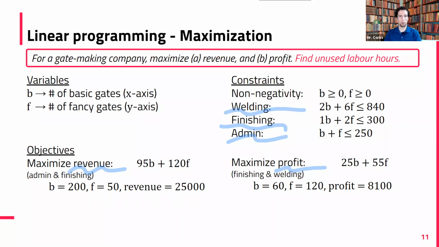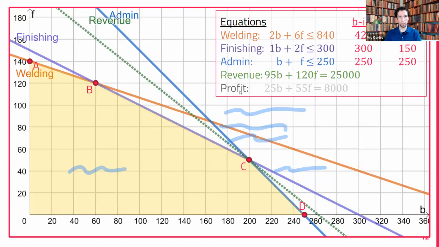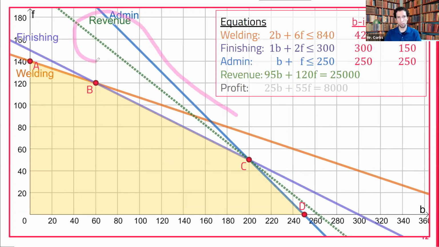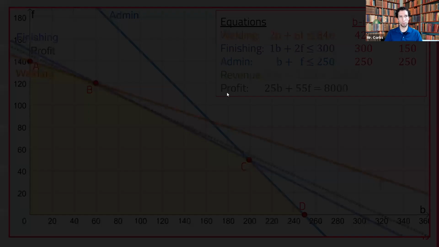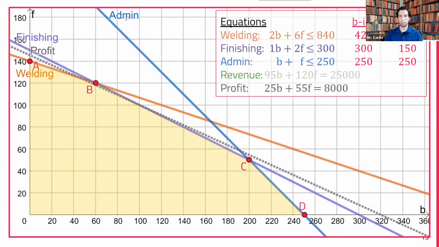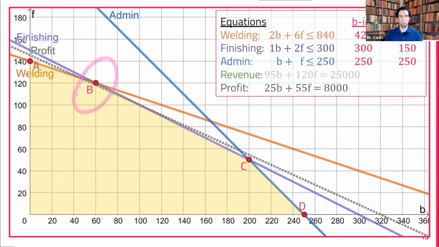So we did our whole linear programming method here, and we drew our situation. We had a first objective, this green line for revenue, and we determined that C is the best point, the best corner optimal solution. And then we did the same thing over here for the profits, and we figured out that B is the best corner, the way to maximize profit here.